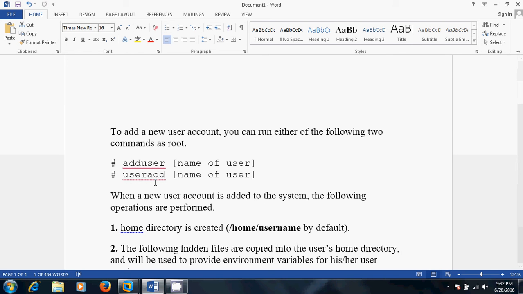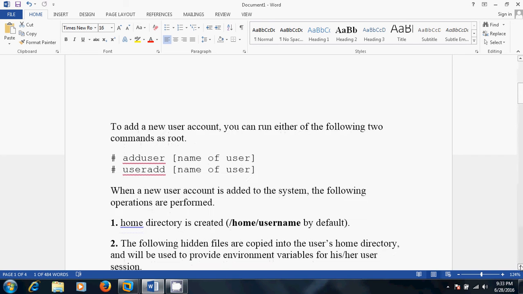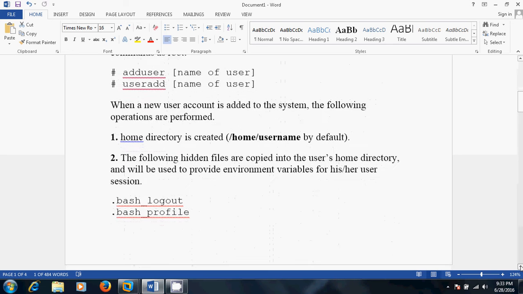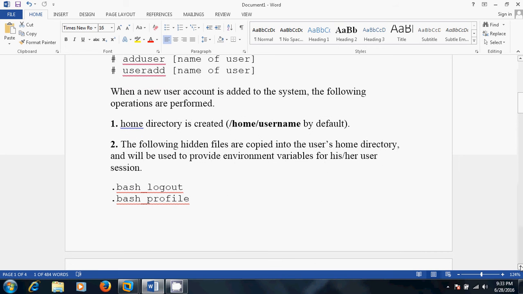When a new user account is added to the system, the following operations are performed. So what are the operations? Just look. First one is the home directory is created. When you create a new user, the home directory is created by default in /home/username.